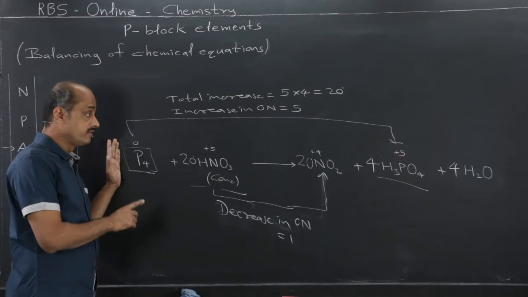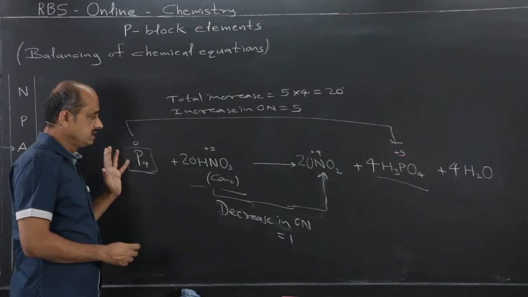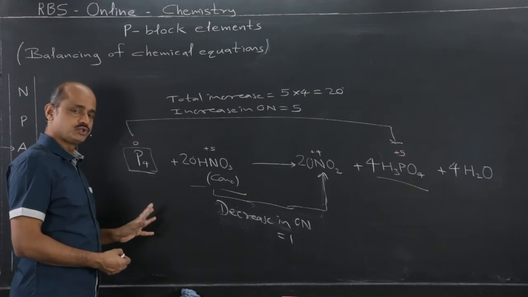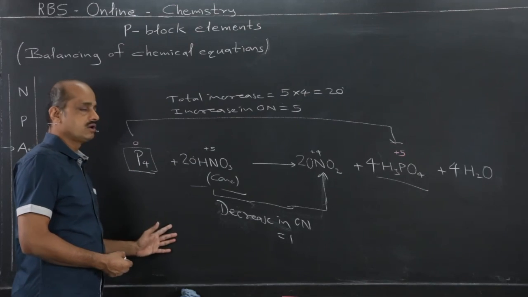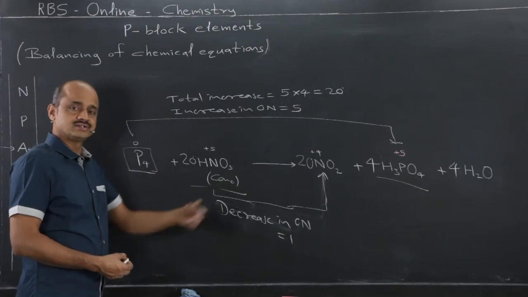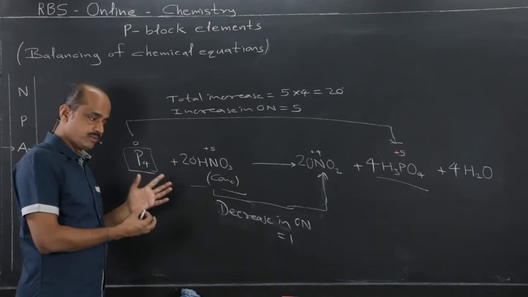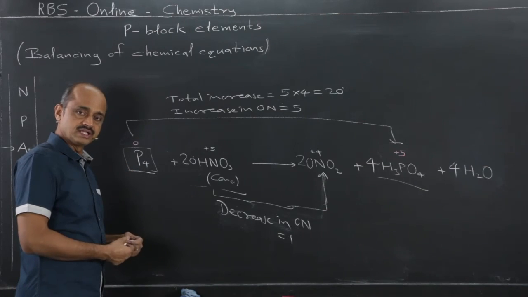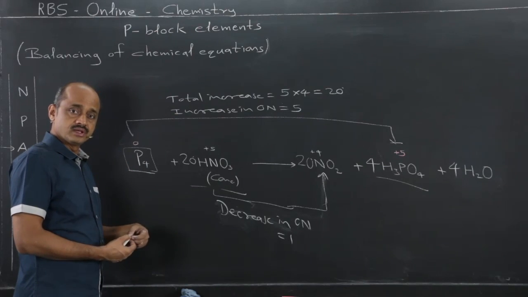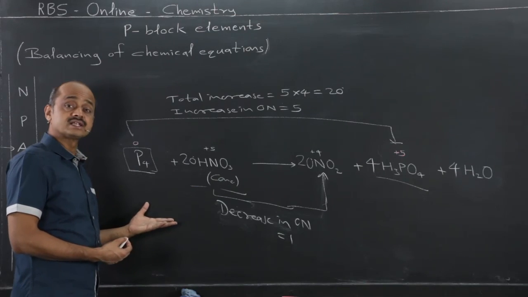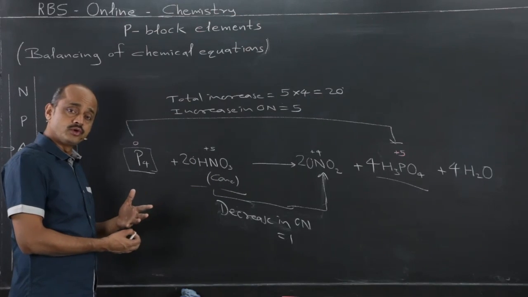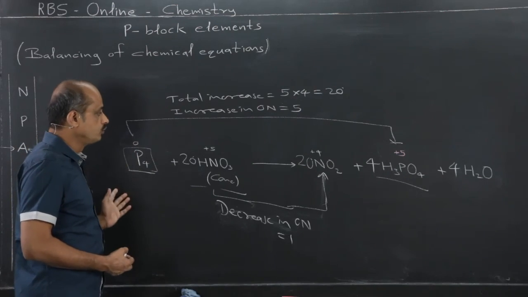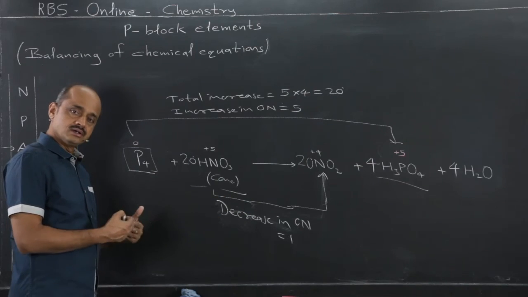This is the manner in which we should study to balance the reactions. Initially you will feel it complicated, complex, but this is actual chemistry. But this pattern of studying chemistry will help other reactions, other topics, p block, group 15, group 16, group 17, earlier group 13, 14, even d block, f block, and such type of reactions in metallurgy. So 3 to 4 important topics and so many other reactions become easy if we study a few reactions in this pattern in detail.